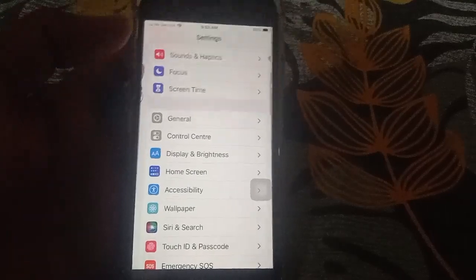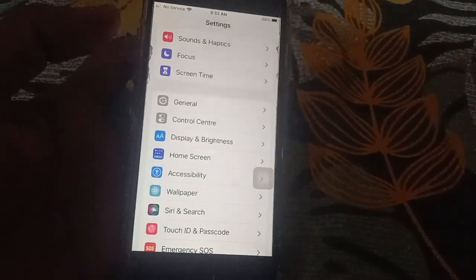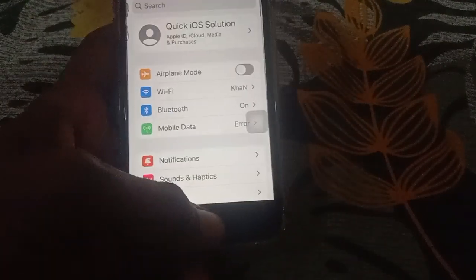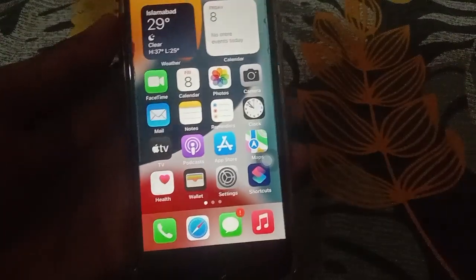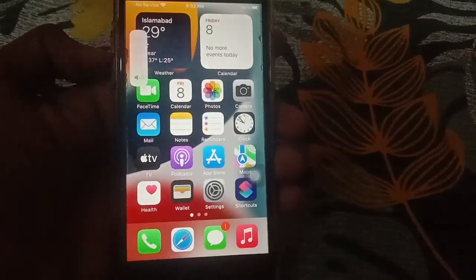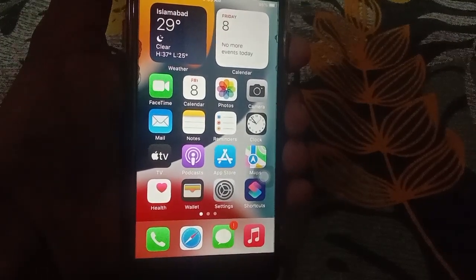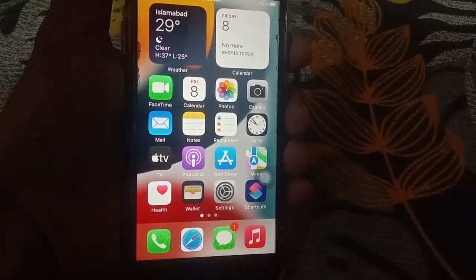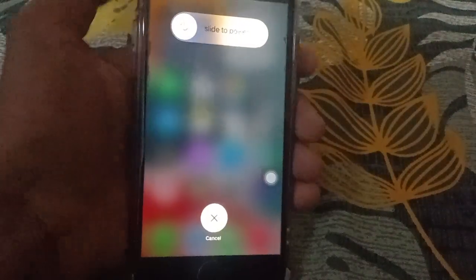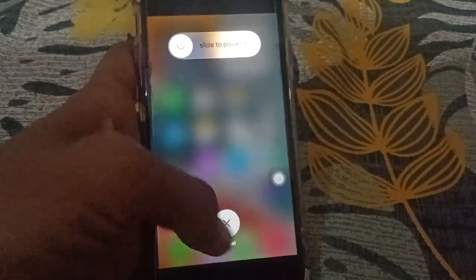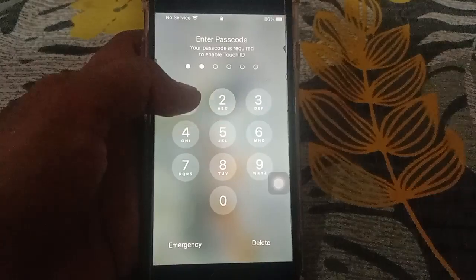Then you have the second solution. You have to force restart your iPhone. So how can you force restart? Press the volume up button and the volume down button, then hold the power button until you see the Apple logo appear on your screen. If the second solution is not working on your iPhone,